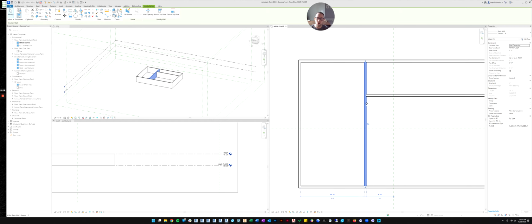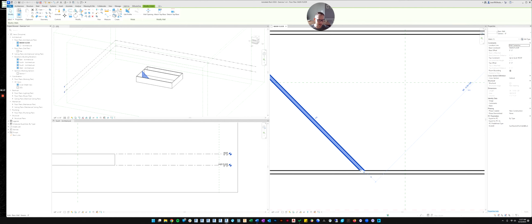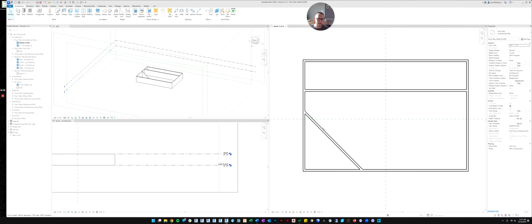Let's try that again with one more modification. If I click the wall and hit the rotate command, do you see this little dot in the middle? That's the axis about which it will rotate the wall. By default, it tries to put it in the center of the wall. But if you want to rotate it around this edge right here, you can grab the dot and move it wherever you want. So let's move it here. Now when I rotate it 45 degrees, you can see how it rotates around that edge that I picked rather than the center.